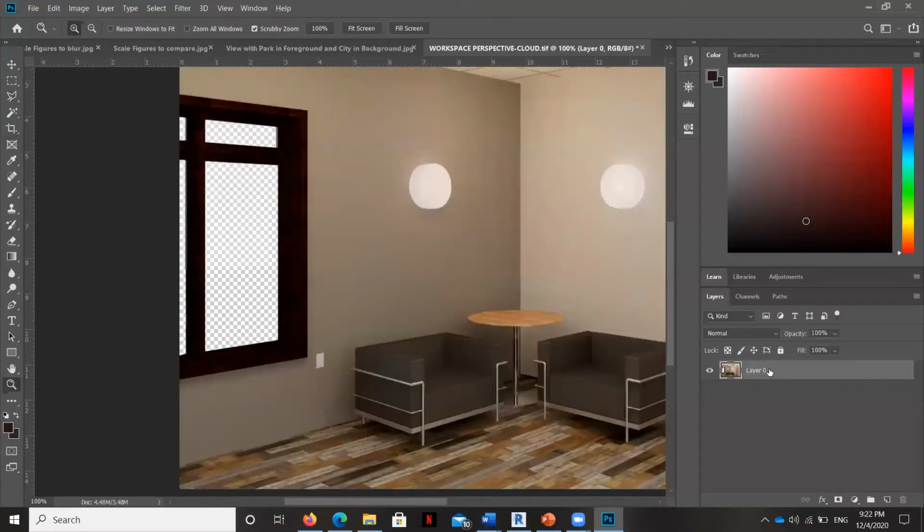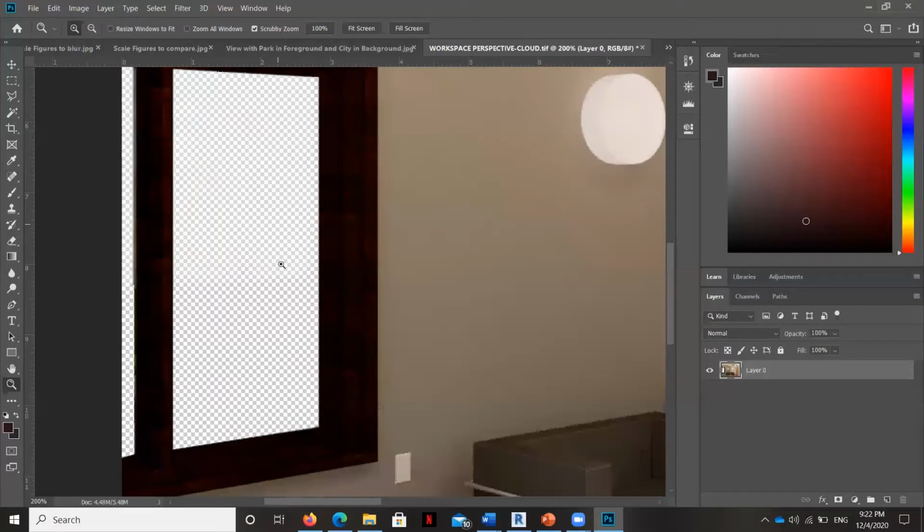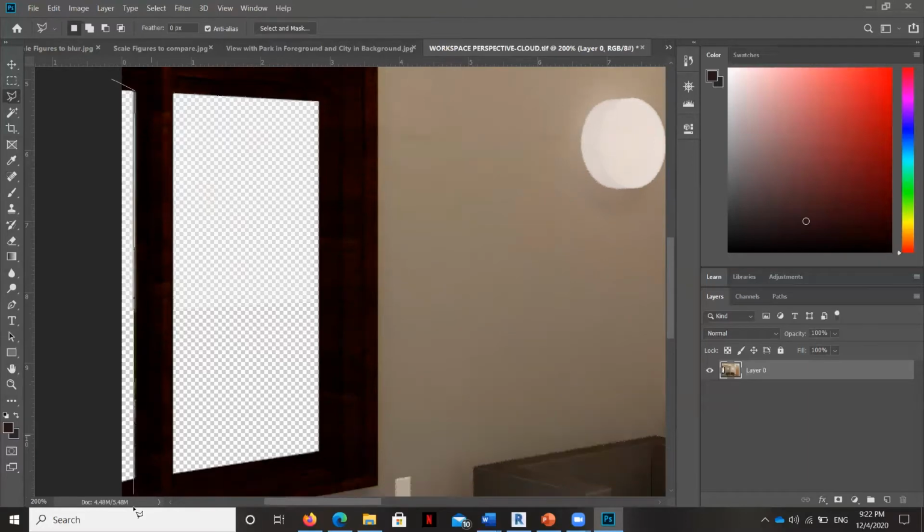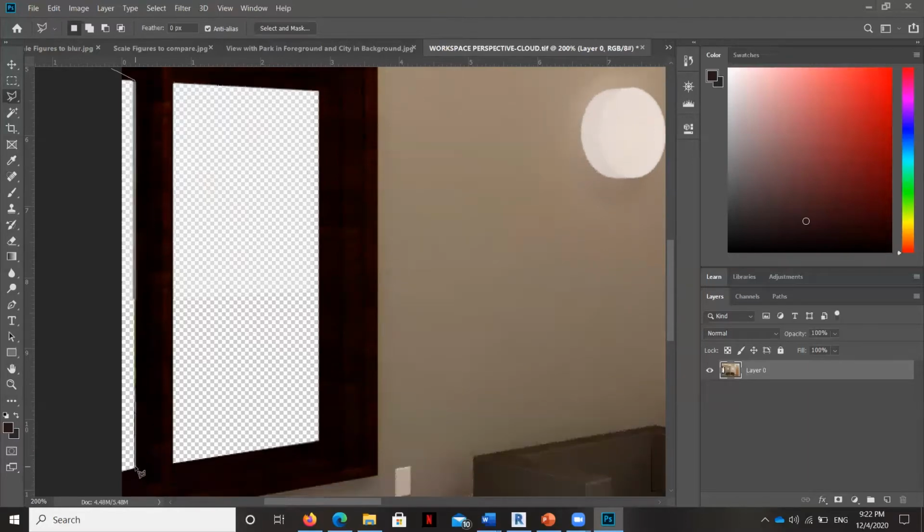You can see here that there's some stuff that now is missing from this image, but there's a little bit of a difference between this, what they call the alpha layer, where it's clear, and where I've deleted. So I'm going to just go ahead and do Revit's work for it, and I'm going to get the slightly cloudier part at the top. I'm going to get rid of that.